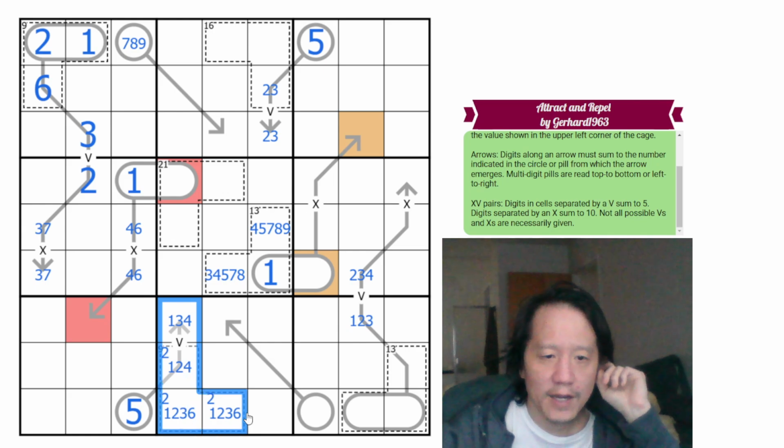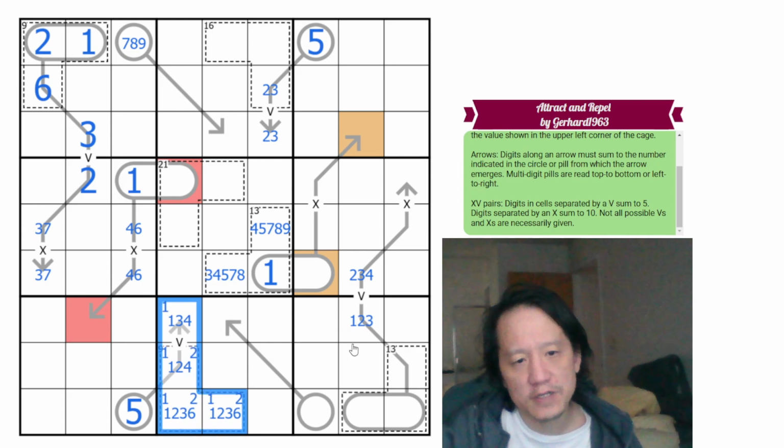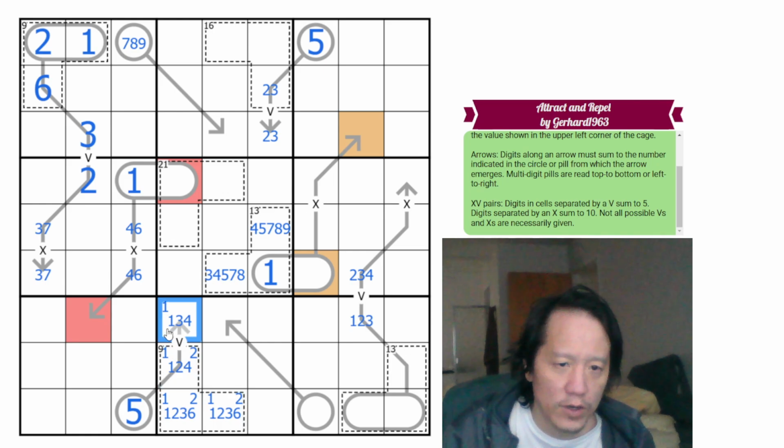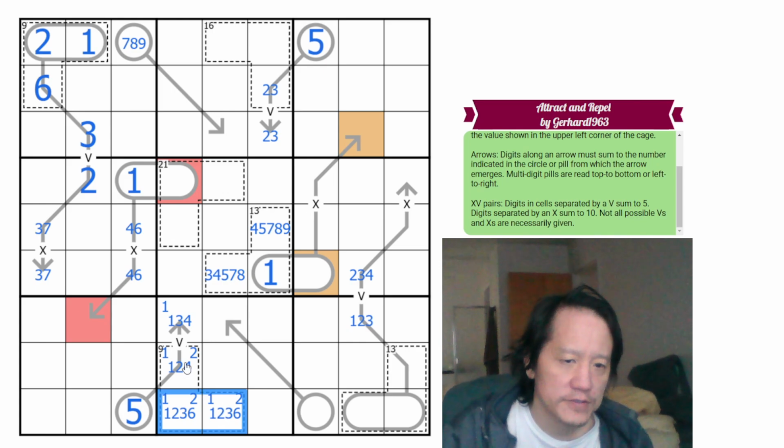The 1 has to be one of these 4 in box 8. It's either this is 4 and that's 1, or if this is 2, this is 3, which forces this to be 1, 6. If this is 1, obviously it's 1. So,